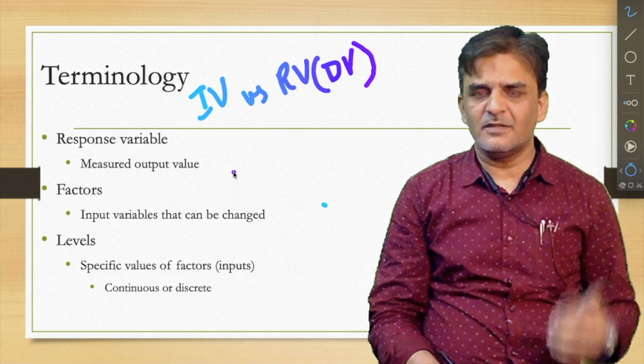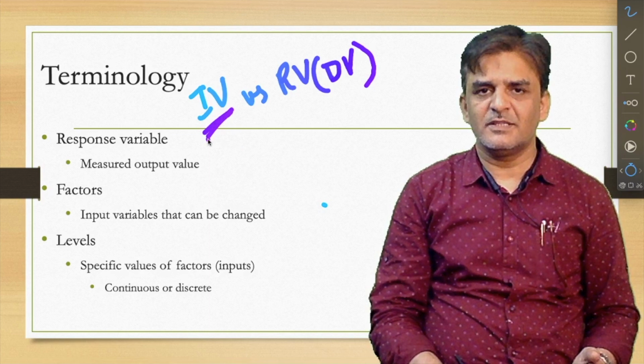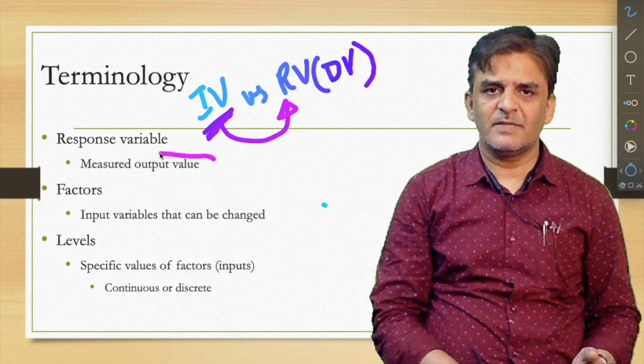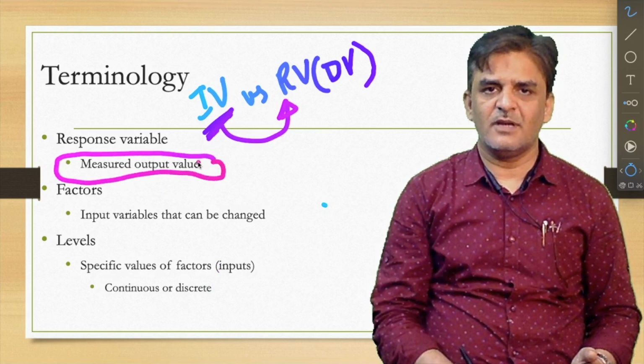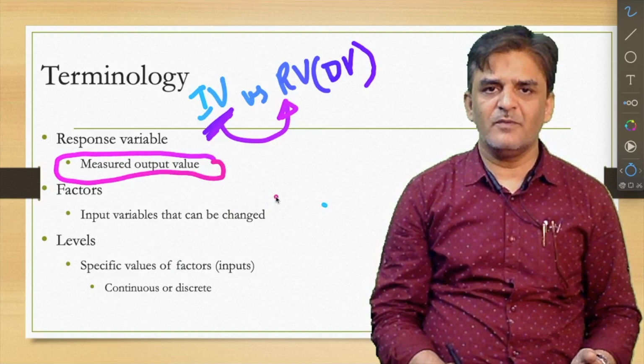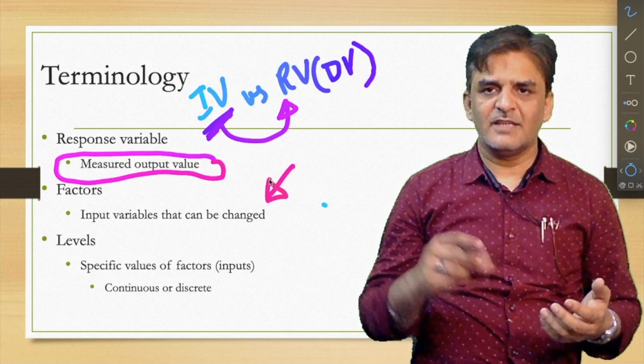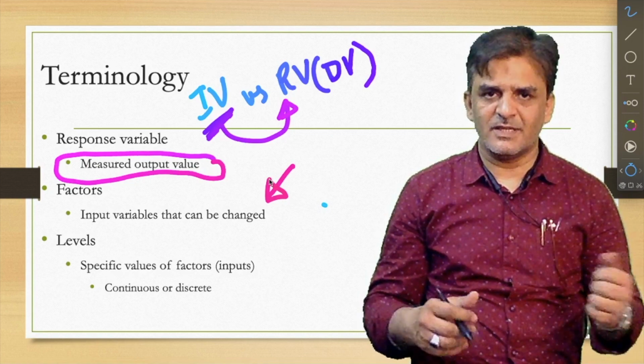There are certain terms: you want to develop the relationship, the effect of the independent variable on the response variable. The response variable is basically a measured output. Independent variables are factors which we can change, factors where we can change the different levels and perform the test. For example,